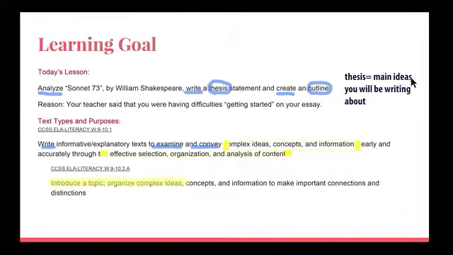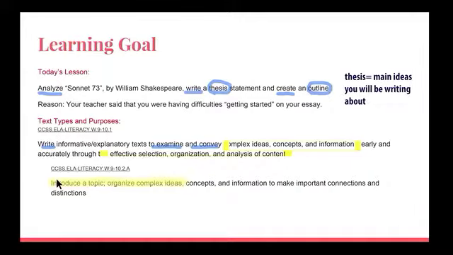So why is it ideas instead of idea? The reason is because we're writing a 5-paragraph essay, and each subtopic that we address will be 1 paragraph in your paper. So these are 3 main ideas that are in Sonnet 73. And here's another,